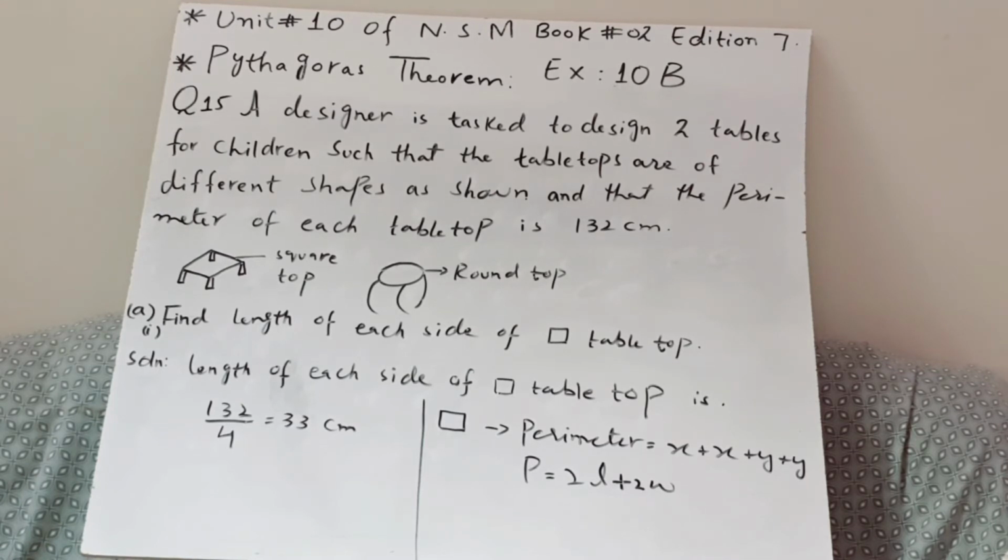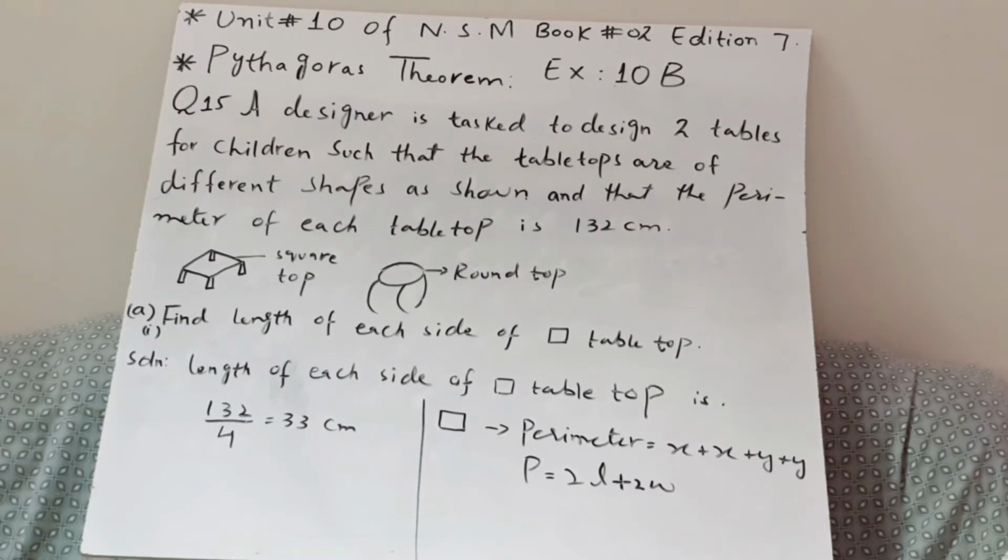In a square, we know all sides are equal. The total sides are 4, and all 4 are equal. So the perimeter will be x plus y, twice the length plus twice the width. Let's suppose x is the length of the square and y is the width of the square. So the formula for perimeter: you have to sum the length of all the sides, and then you can find the perimeter. So what is perimeter? Perimeter is the length of the outline of a shape.